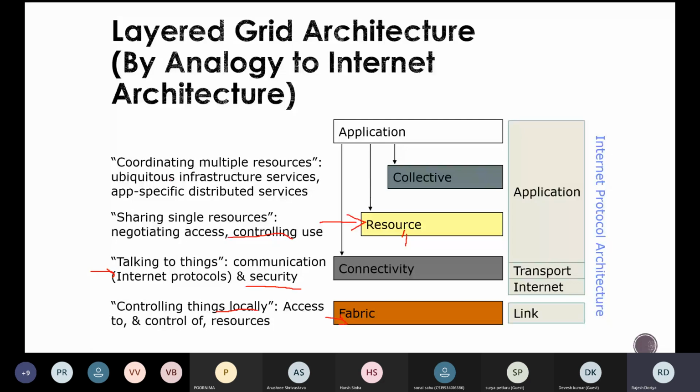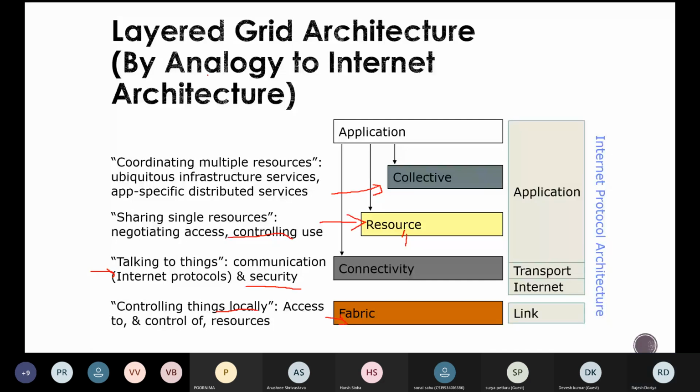Some form of aggregation will be performed at this layer, and it is up to the application in what form the aggregation is required. The application will be in need of all these three. This is how your layered grid architecture looks, which is analogous to your IP architecture.